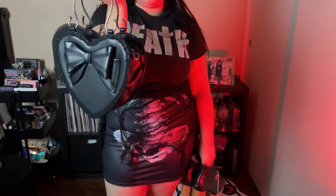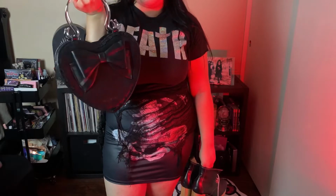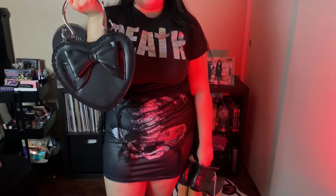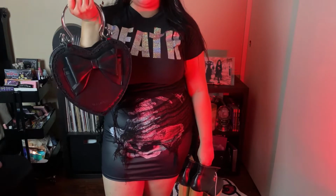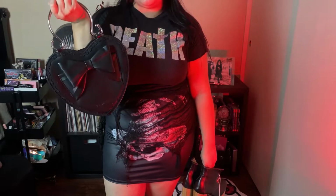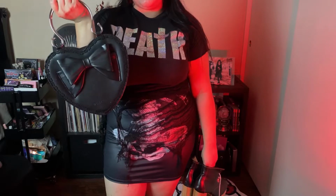And this purse is by the Japanese brand Baby the Stars Shine Bright. I picked it up for like $100 in their store in San Francisco, and even though I do not wear EGL fashion, because it has a lot of dedication and research and rules for me personally, having this piece in my collection is just kind of showing my appreciation for Japanese fashion and my knowledge, because even though I don't dress in it, it is really impactful to me and with my whole obsession with subcultural